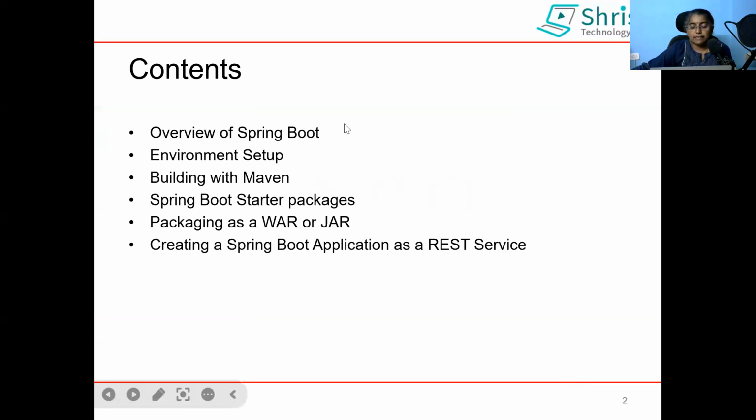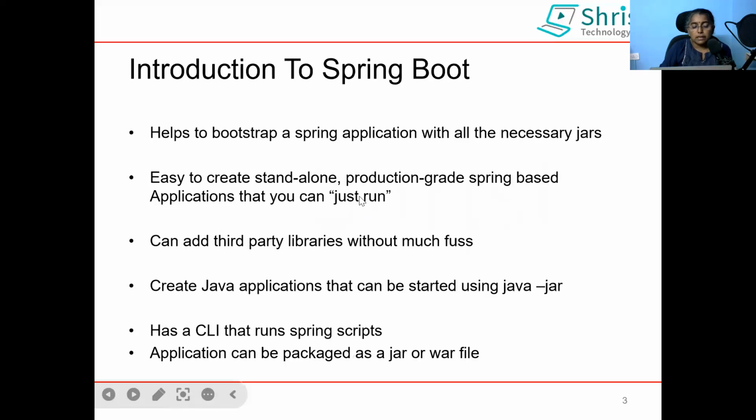So first, let us get an introduction to what is Spring Boot. And then we will understand what is the meaning of Spring Boot starter packages. Then we will create a simple Spring Boot application. Okay. So already, as I told you, Spring Boot helps to bootstrap a Spring application which is just ready to